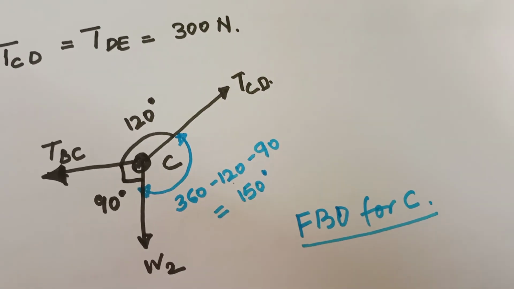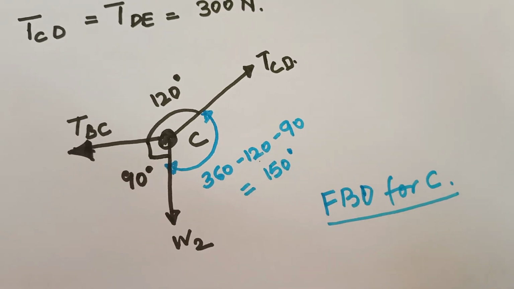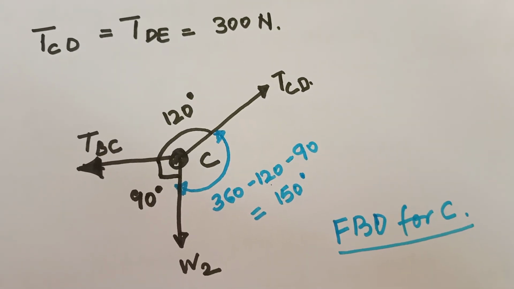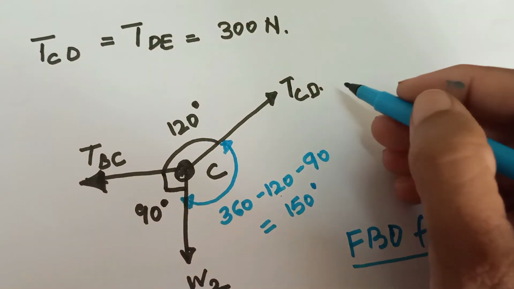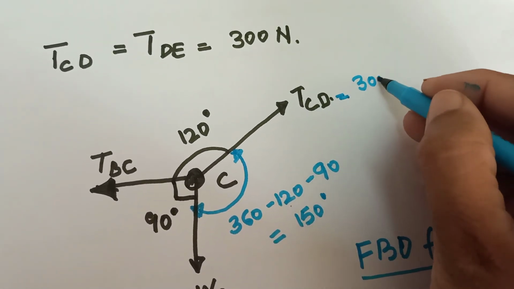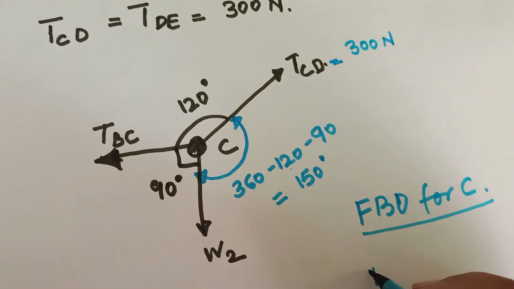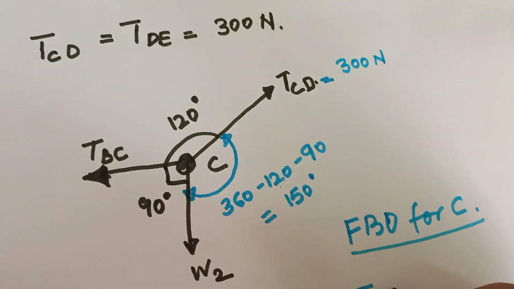Now what I have to do? I have to apply equilibrium, I have to apply Lami's theorem. Also I can write over here that TCD is equal to 300 newtons. What does Lami's equation say? That the force is proportional